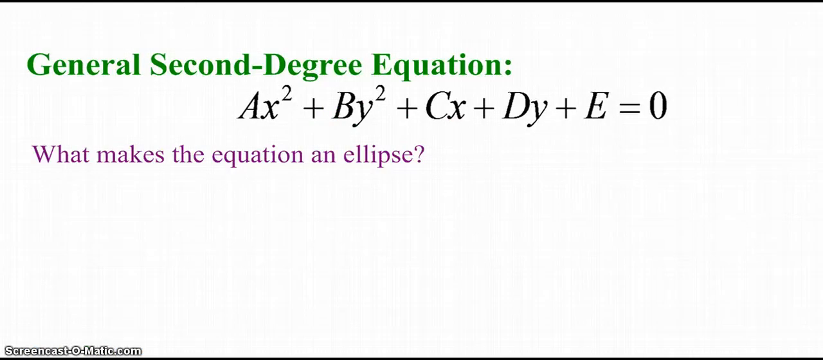Okay, what about the general second degree equation? Good question. What makes the equation an ellipse? Also good question. So what do we want to look at? Again, we're going to focus on the A and the B. So what do we need to have happen? We need